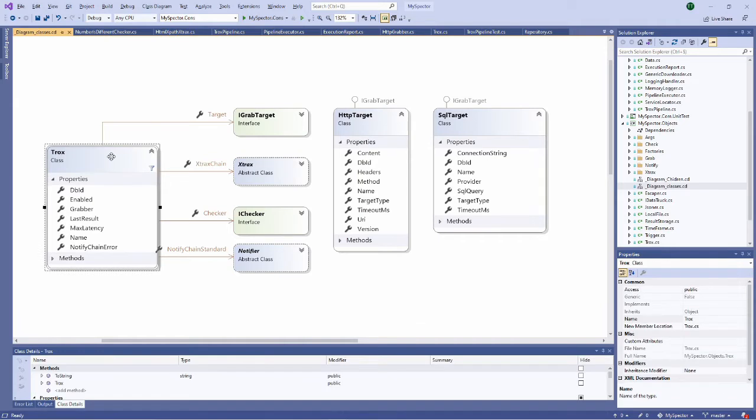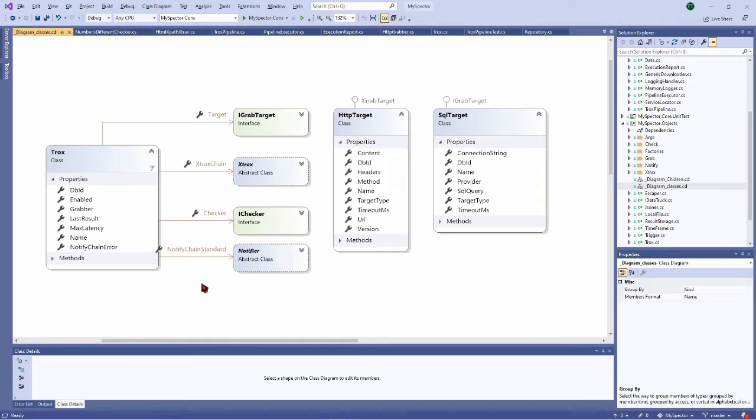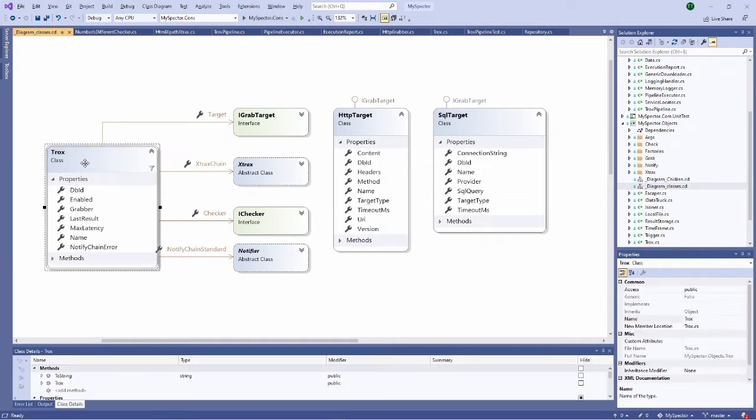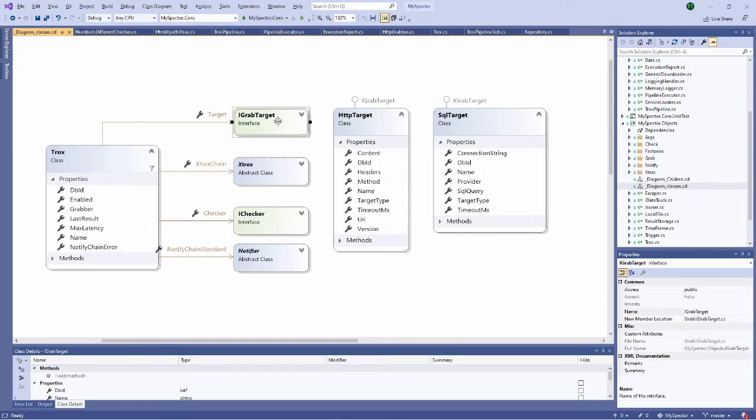So here I have the Trox main entity. Here you see the arrow with the open end arrow. This means there are references. So one Trox has a reference to a grab target, which in fact is an HTTP target in our case.